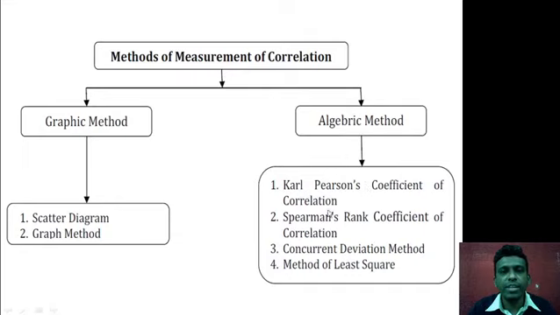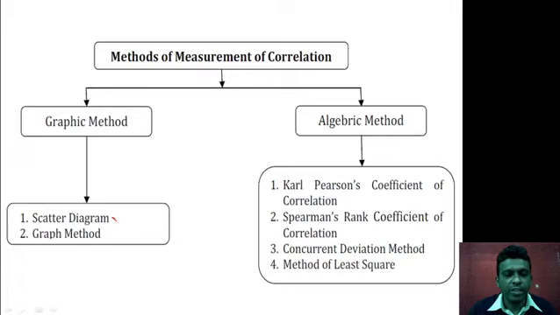The first one is Karl Pearson's coefficient of correlation. The second one is Spearman's rank coefficient of correlation. The third one is the concurrent deviation method, and lastly the method of least squares. So in your syllabus you have